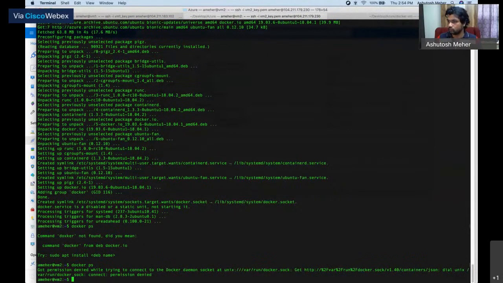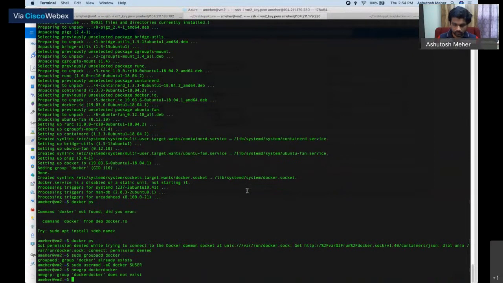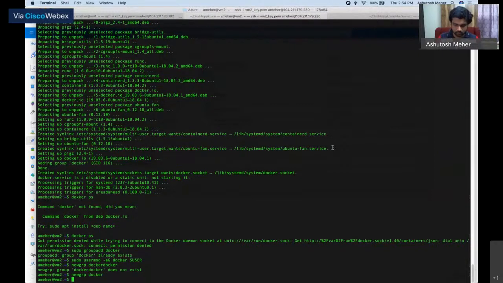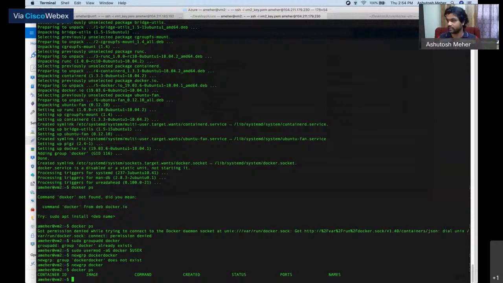Right, so I need to run these permissions commands, set the right user group for Docker. All right, Docker is set up.